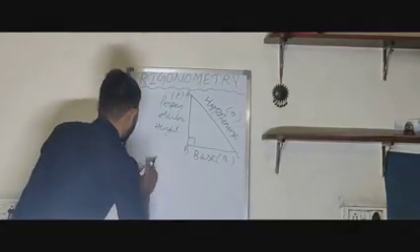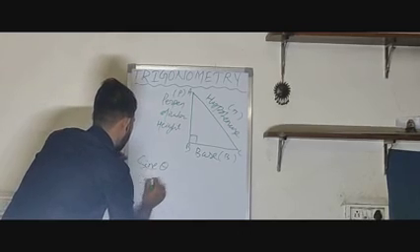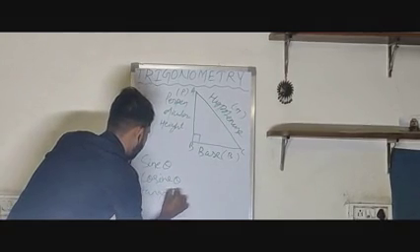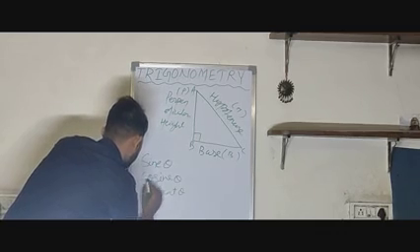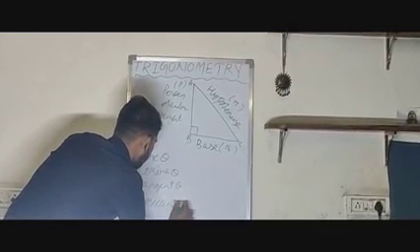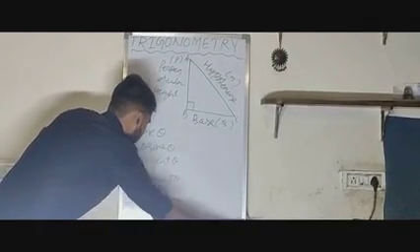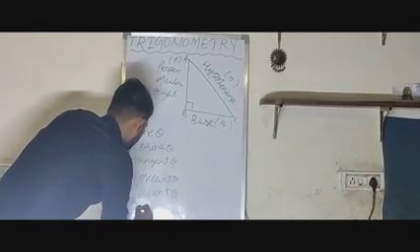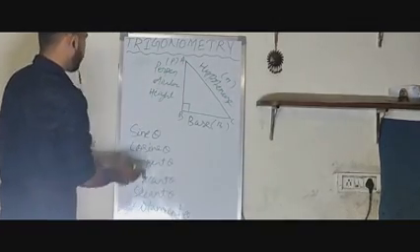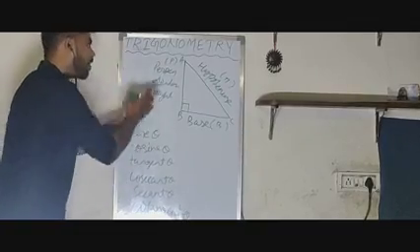By considering this right angle triangle, now I am going to write some trigonometrical identity ratios. These ratios are sin theta, cosine theta, tangent theta, cosecant theta, secant theta, and last but not the least, cotangent theta. These are the 6 trigonometrical identity ratios that we are going to study in trigonometry.